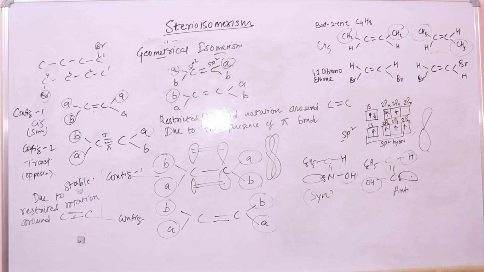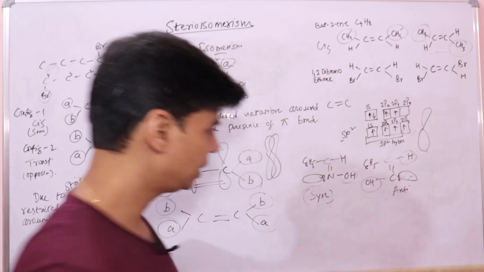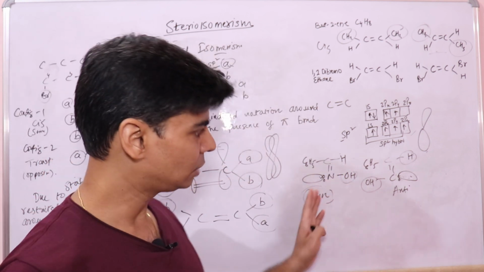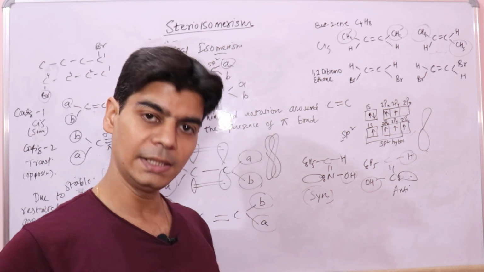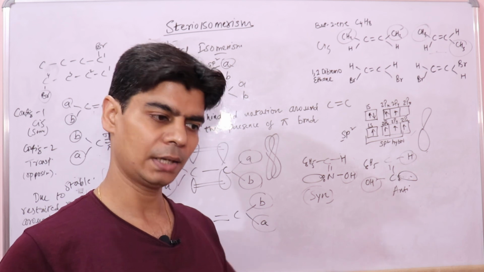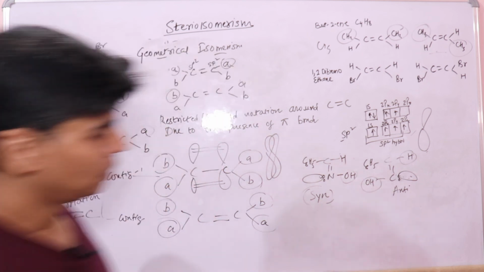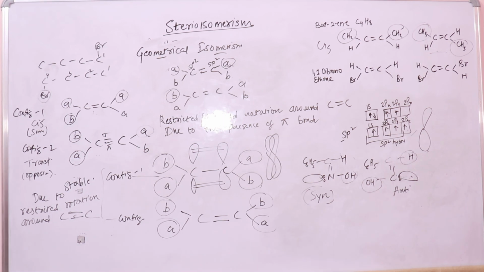This is like syn, where you have H and OH on the same side. These are your ketoximes and aldoximes, which are formed by reaction between aldehydes and hydroxylamine, or ketones and hydroxylamine. Similarly, you have azobenzene also, where you have a benzyl group at the